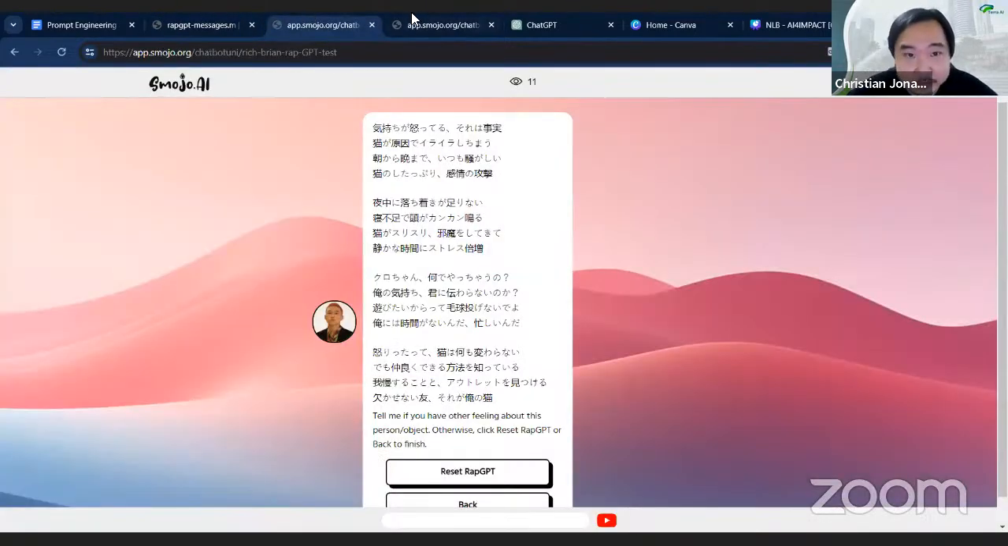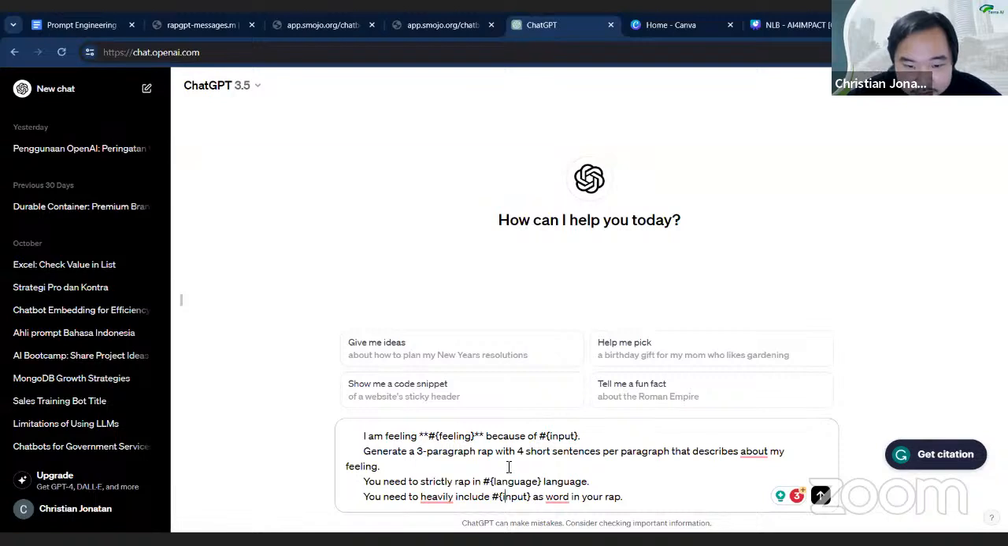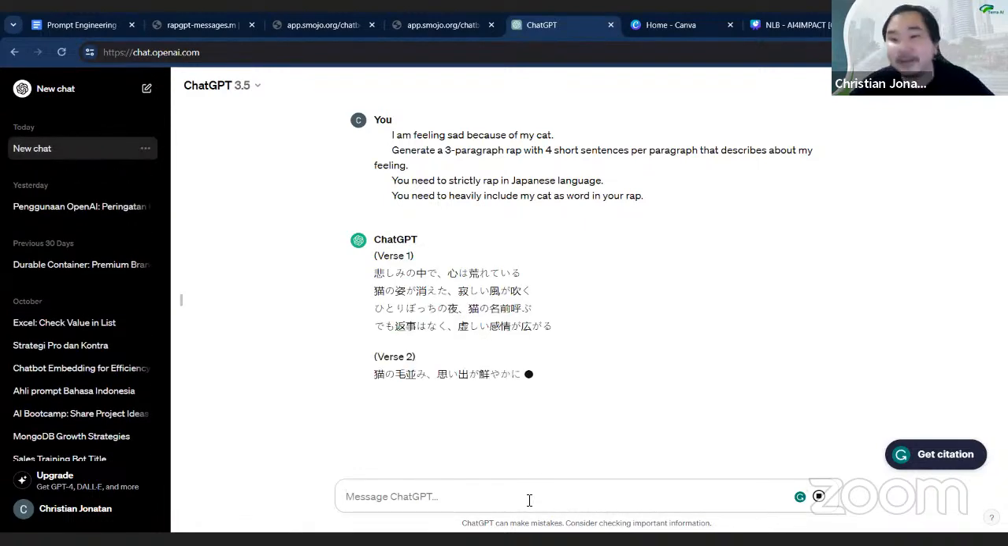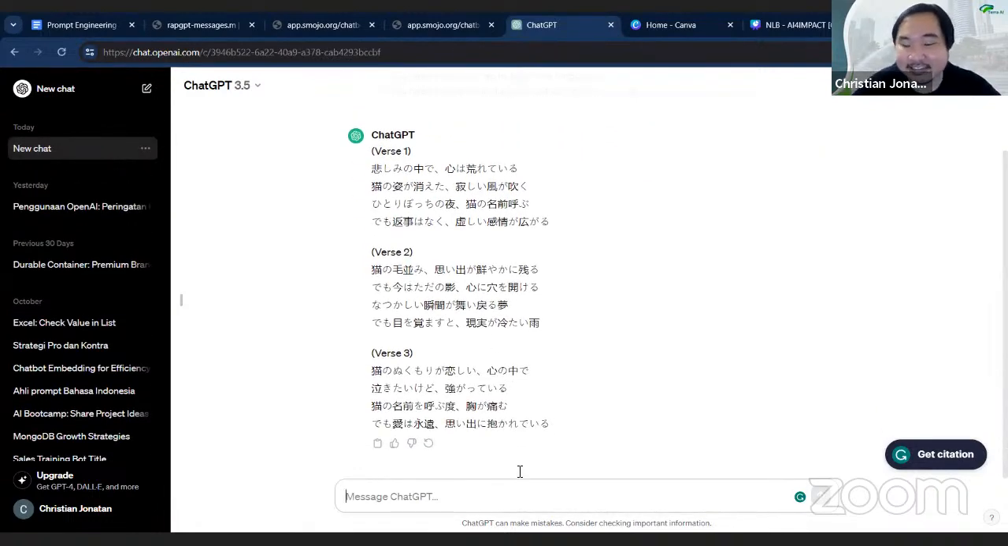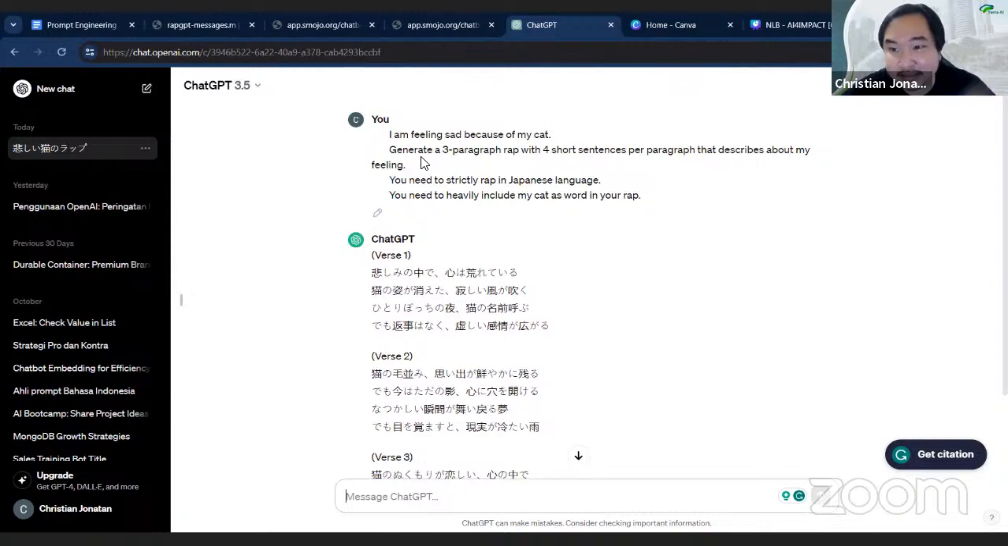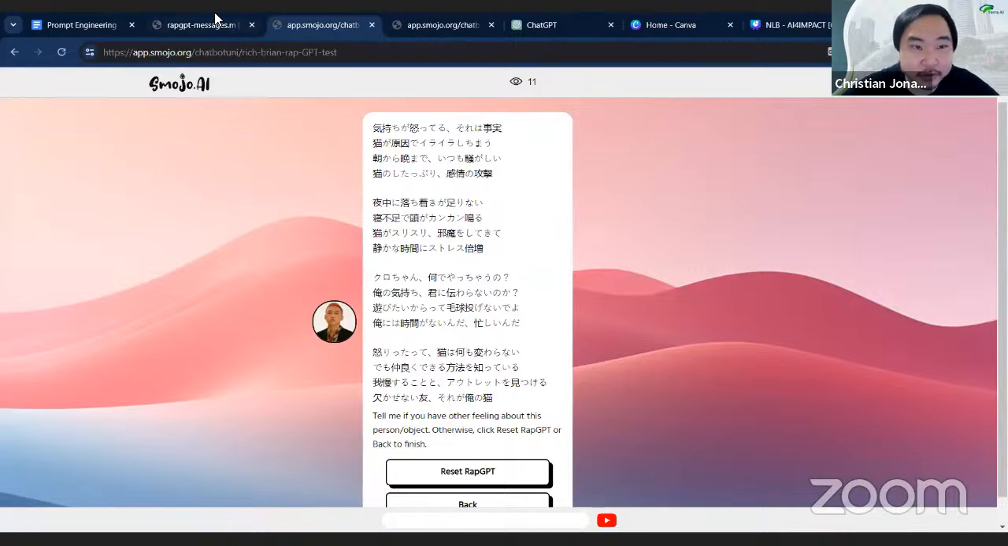So right now, if I type here Japanese, right? So basically, I'm feeling sad, for example, because of my cat. I need to write it in English or Japanese, and then basically it generates the same response as in your OpenAI, because you are trying to pass the prompt in as the input as well. So this is the difference between